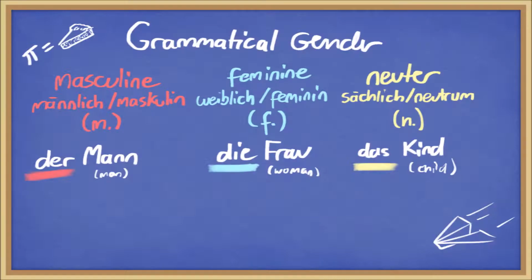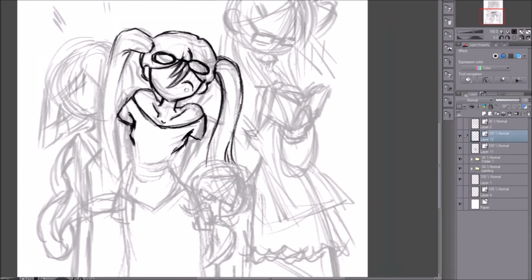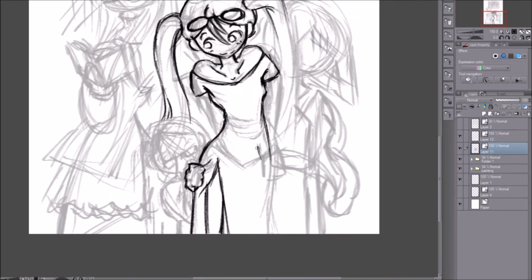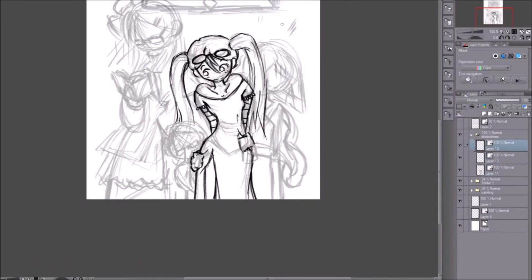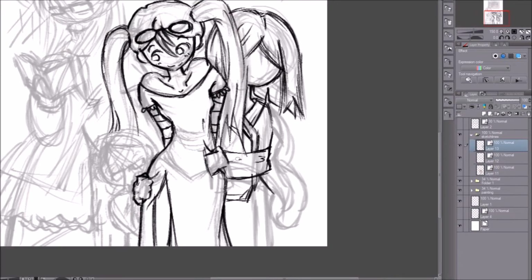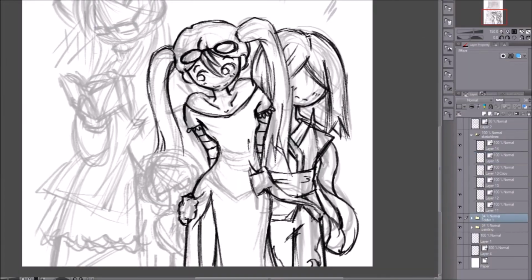There's also 3 of those: der, die, and das. Der shows it's a masculine word, die shows it's a feminine word, and das shows it's neutral. Do not count on der, die, das in sentences though. There are grammar rules like different tenses that change them, and it's super complicated. Let me give you some examples.